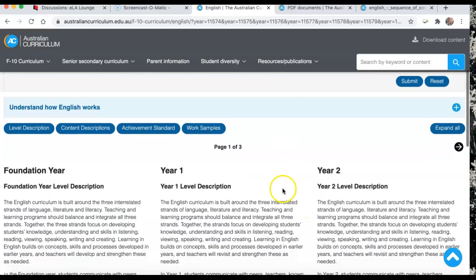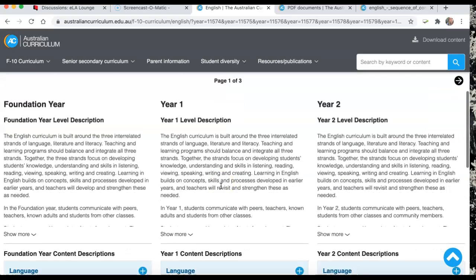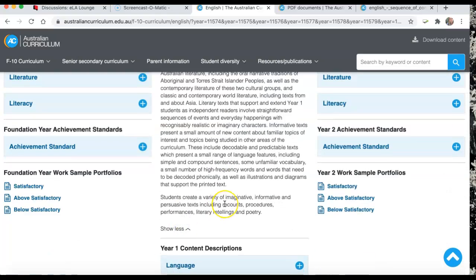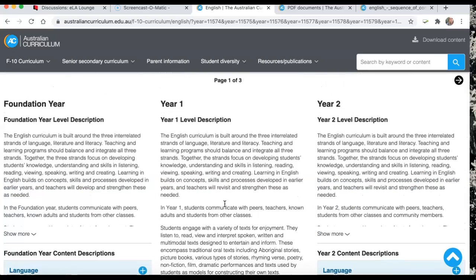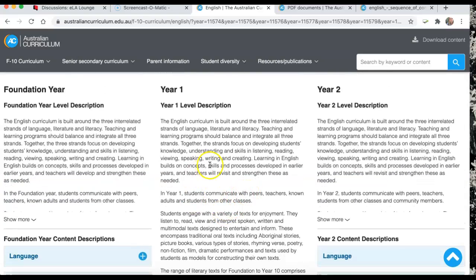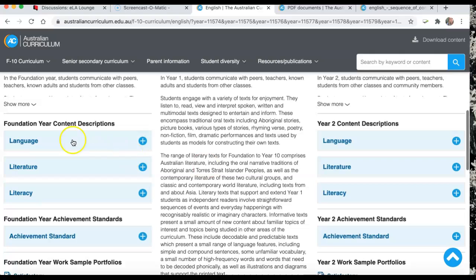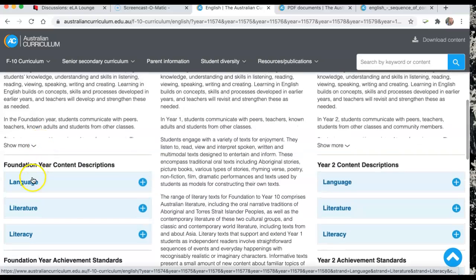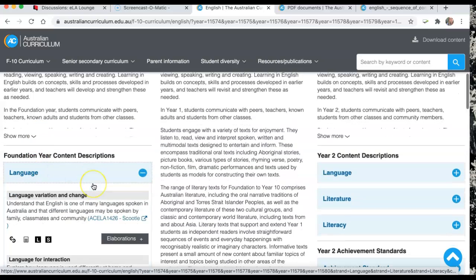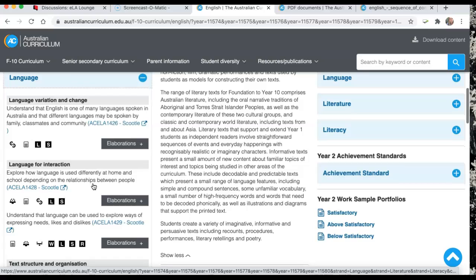So you'll notice that you get a year level description, which is a basic overview on what is expected at each of those year levels. And then you can see here with the foundation links that it breaks each of the foundation curriculum descriptors down into language, literature, and literacy. So let's click on language. Here we have the foundation level